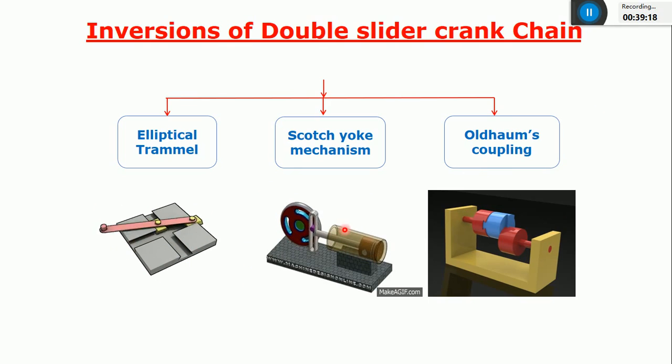This was the second inversion, and you can see in the second inversion one of the sliders is fixed, and this is the third inversion. In this case, the link that connects both the sliders, the pink-colored one, is fixed, so that you get the Oldham's coupling. Oldham's coupling is used to connect two parallel shafts. For example, if you want to connect a turbine shaft with a generator shaft, which are parallel to each other, you can place flange 1 and flange 2 and one more intermediate piece.